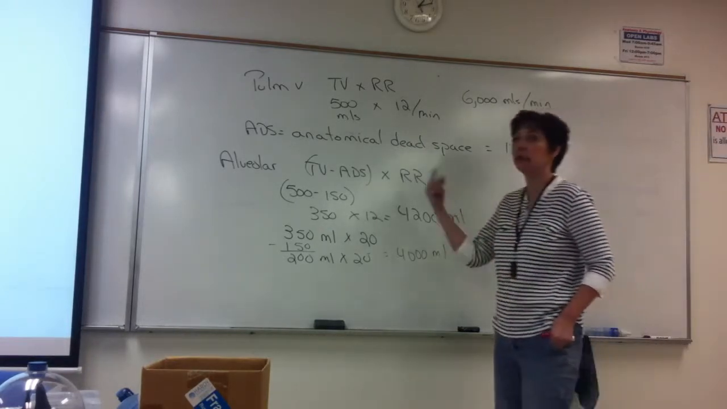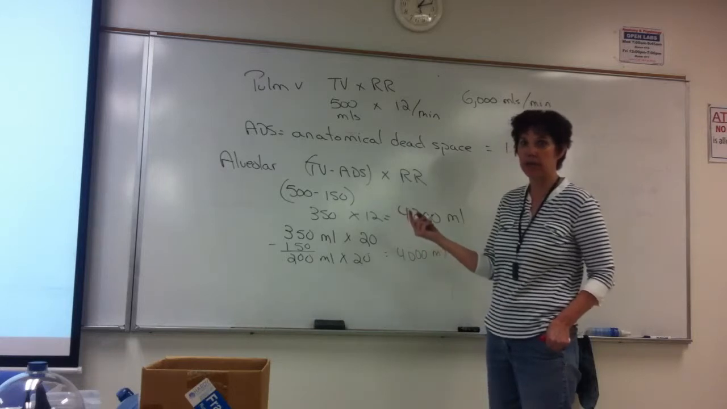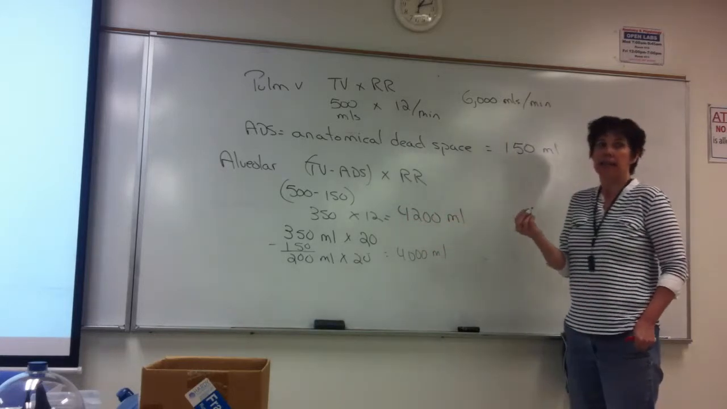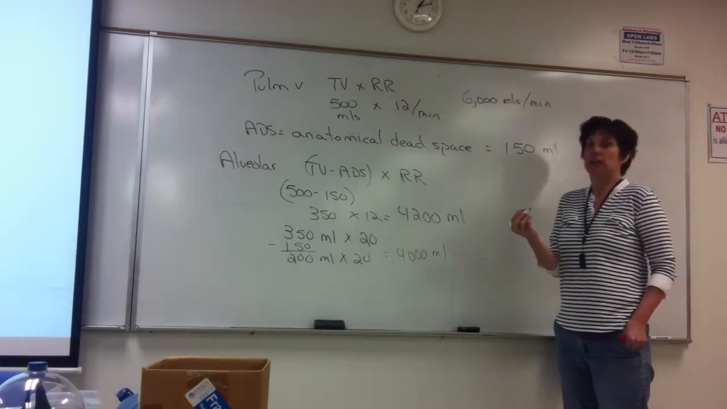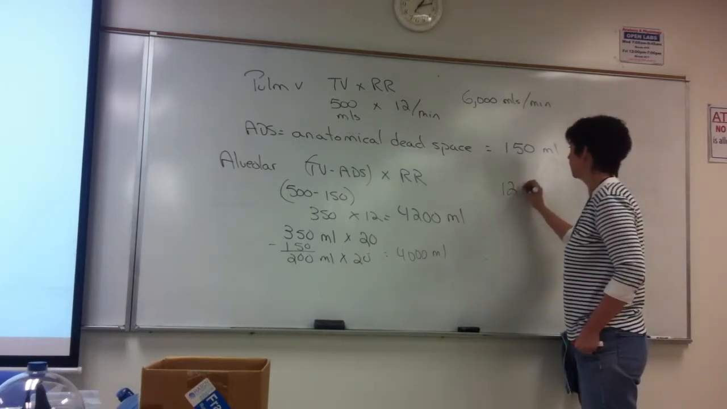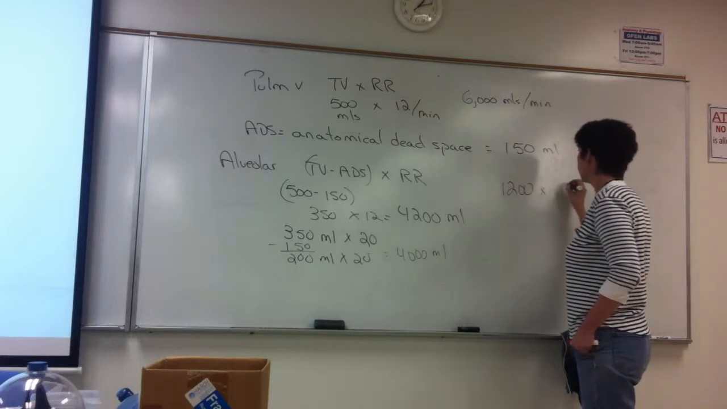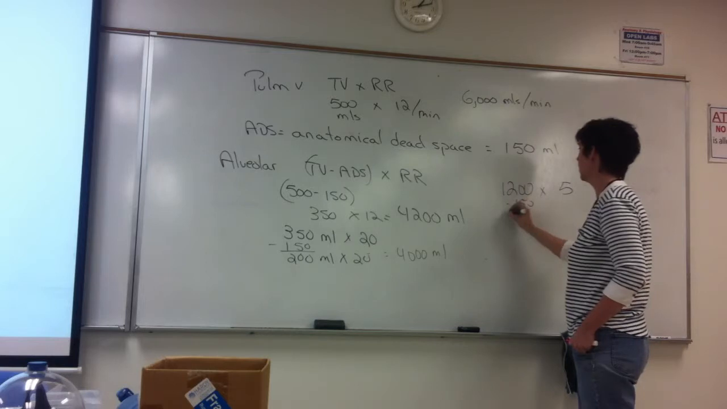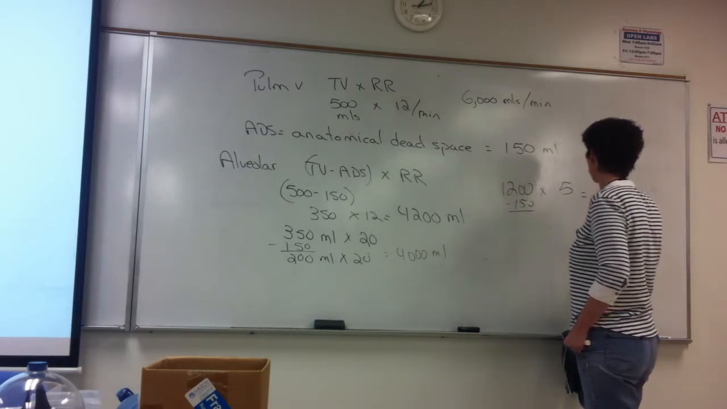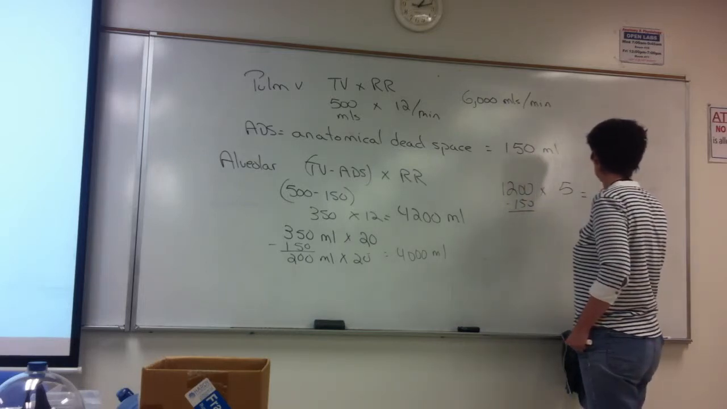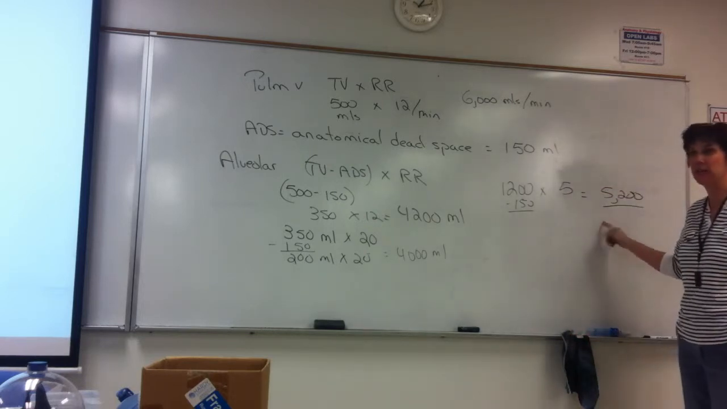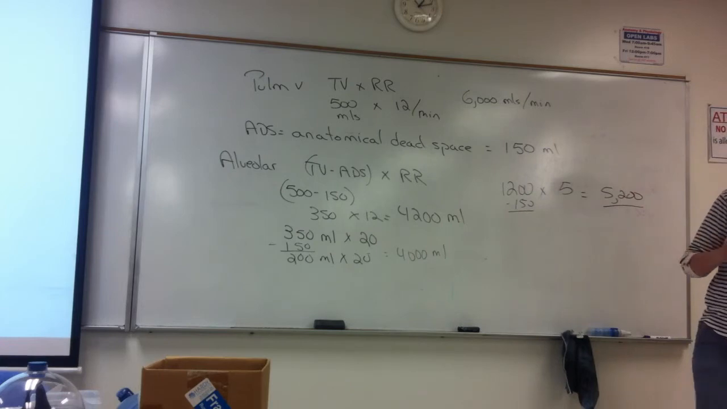So if we increase the depth of our respiration, I think in the example there I have 1,200. That's not difficult to do, to breathe in 1,200. And we decrease that to 5 breaths a minute. By the time we subtract our anatomical dead space, I think we're at 5,200 something, a little over 5 liters. So it's much easier to increase the amount of air getting to